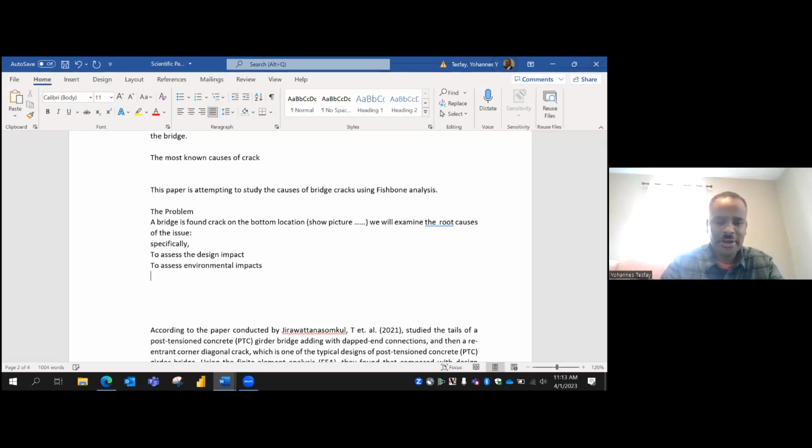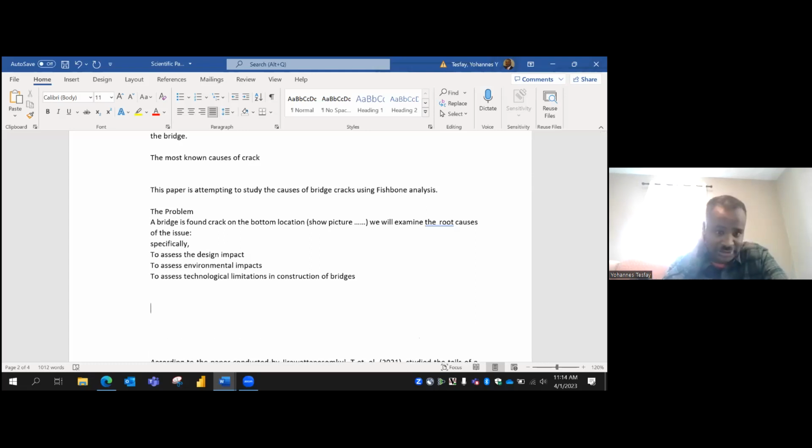Impacts and to assess technological limitations in construction of bridge, etc. እነዚህ ስፔሲፊክ ኤግዛምፕሎች እንትኖች ናቸው ማለት ኦኬ እንደዛ አርጋችሁ ታስቀምጣላችሁ. ይሄንን ካደረግን በኋላ የሚቀጥለው ምንድነው የሚሆነው የሚቀጥለው ሞዴልስ